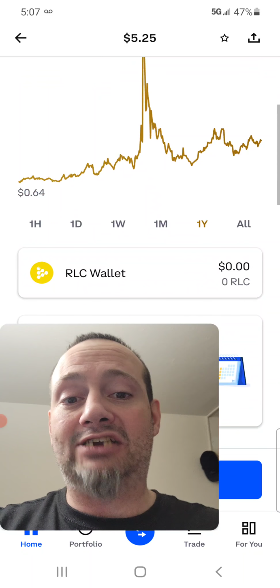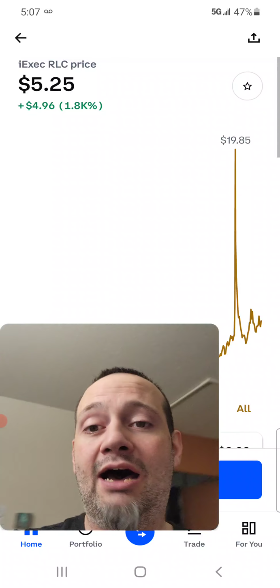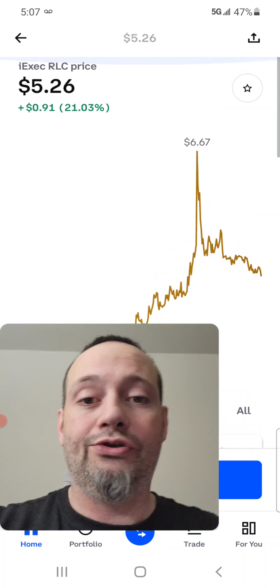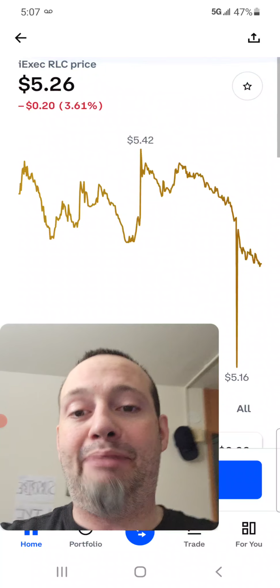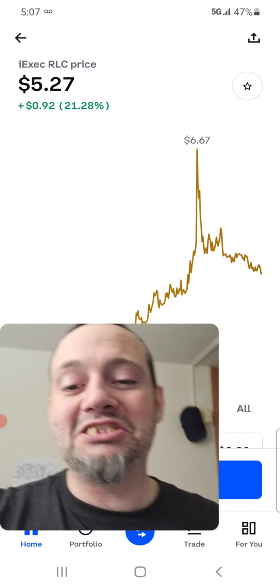So I think this might be actually a good buy-in. Yeah, 1985 is the all-time high. We're only sitting at $5.25 right now. We did go up to $6 earlier today, and then we have since fallen. So where would I look to buy in at this right now? Well, since this is a bull market,